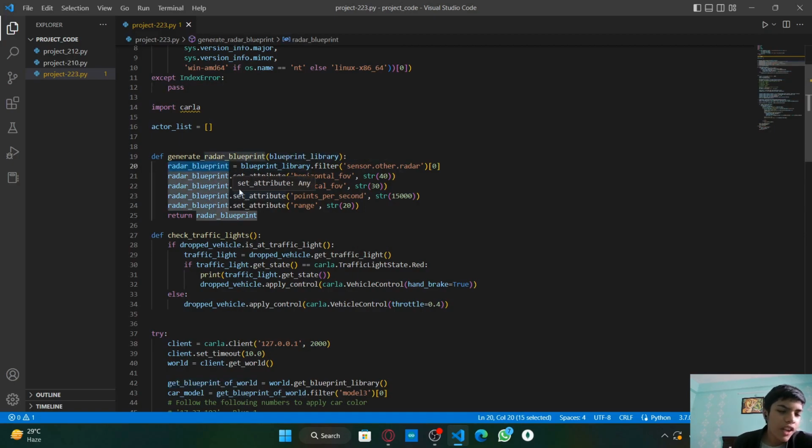So radar blueprint is a variable. In that we are getting the radar sensor dot other dot radar. This is how you call a radar sensor in Carla, and we are setting it to zero. It's our first sensor, and we are setting the FOVs, horizontal, vertical,